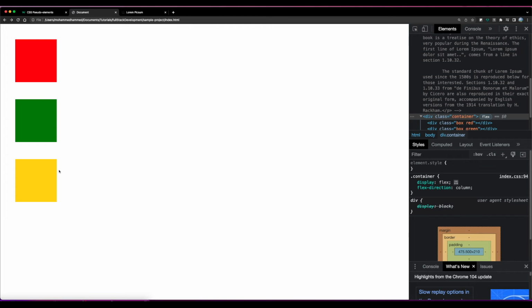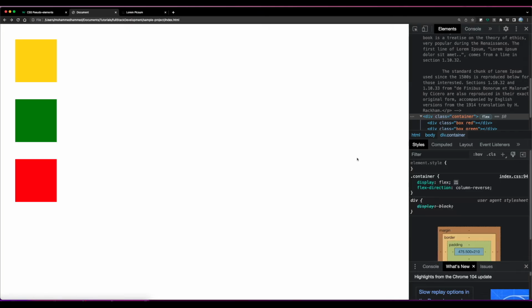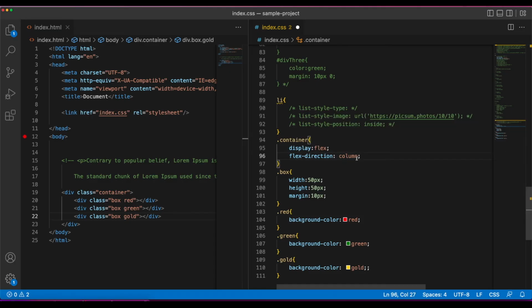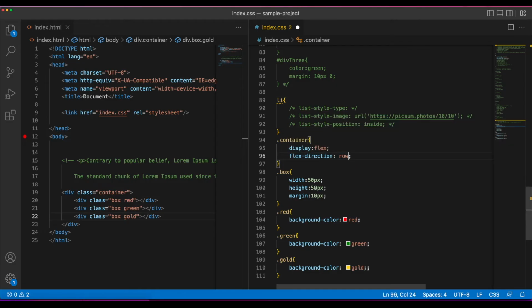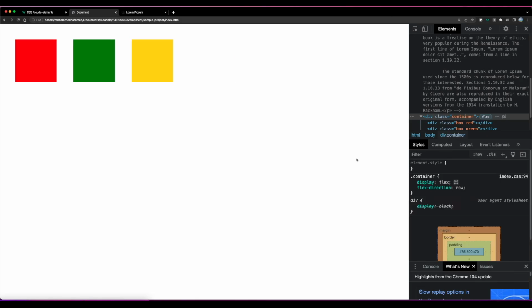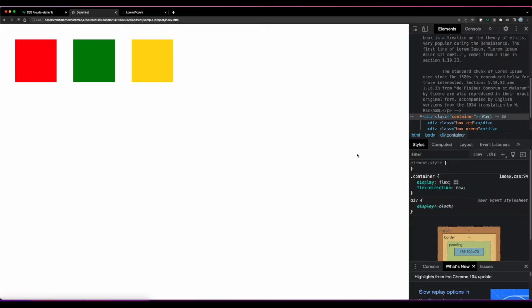So now you've got top to bottom red, green, yellow. If you do a reverse, you see yellow, green, red, and the same thing is true for the row and row reverse. Row reverse will take it to the right side, whereas row is from the left side. So that's flex, and you can also use, if you wanted to center